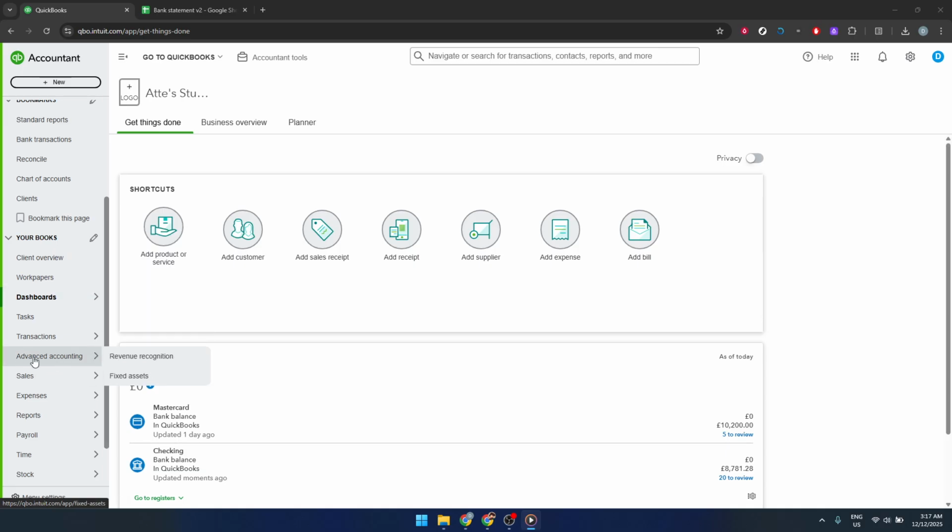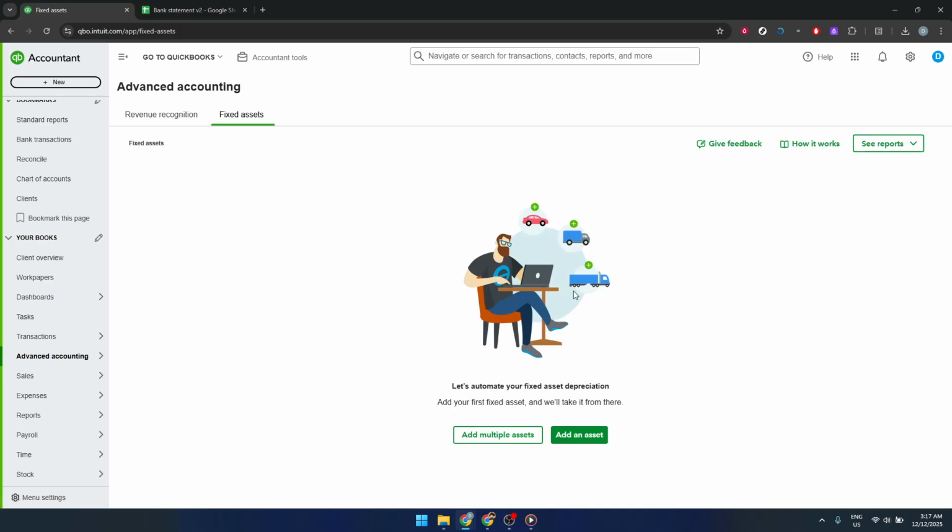Once you're in, look over to the left navigation panel. Hover your mouse over the option labeled Advanced Accounting. When that menu expands, click on Fixed Assets. This will open the dedicated Fixed Assets module, which is where you'll track things like vehicles, equipment, and other long-term